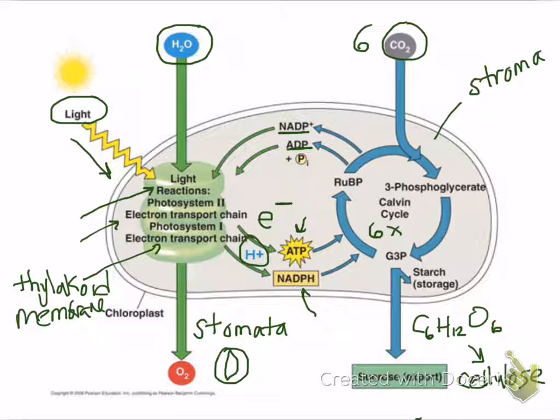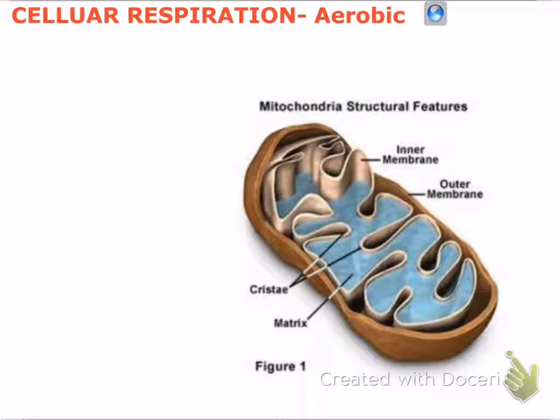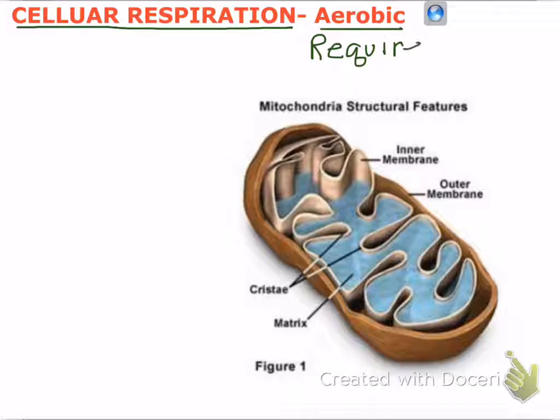Today we're going to talk about how we use glucose to make ATP. This process of using glucose to make ATP is called cellular respiration. Cellular respiration is aerobic, which means that it requires oxygen. I'm going to write down the equation for cellular respiration, and we can think about the relationship between cellular respiration and photosynthesis. Cellular respiration requires oxygen,